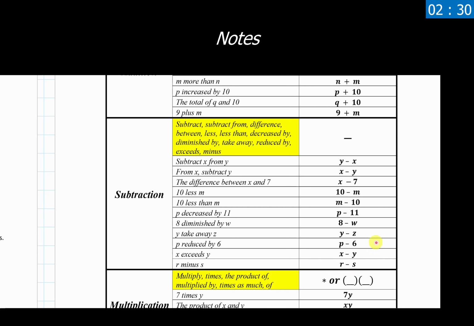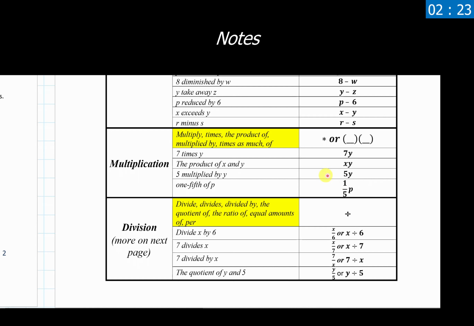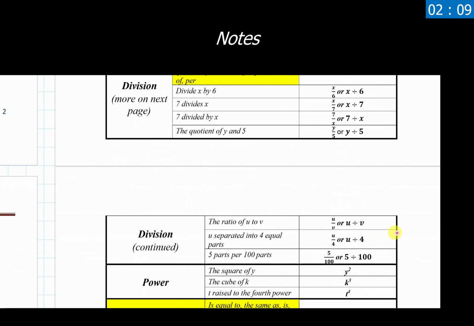Do not rush that, because that is something that gets a lot of people on homeworks, tests, and story problems in general. So we have some other ones here for multiplication and division. Again, our main buzzwords are listed up here, with some examples of how that can be written out right next to that. Same thing with division listed off right here. We do have another page with a bit more division stuff showing up and a little bit more on working with powers. Powers is also referred to as exponents, so something to the second power, third power, fourth power, things like this.